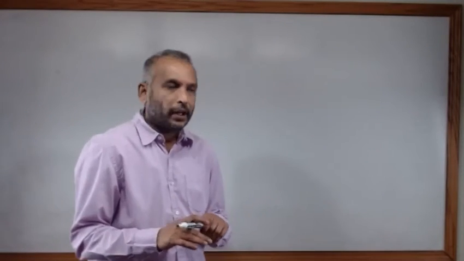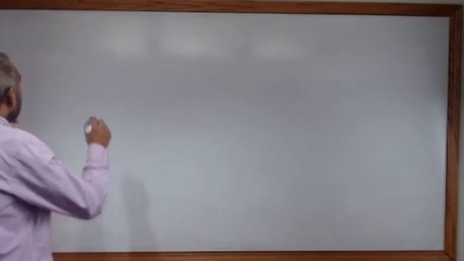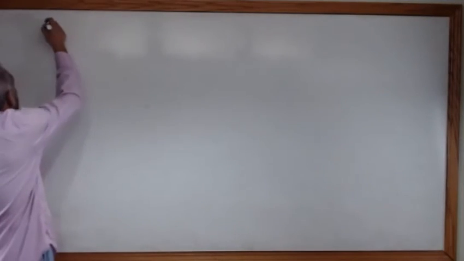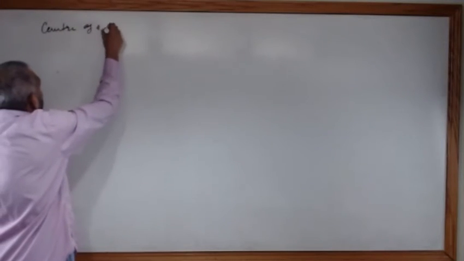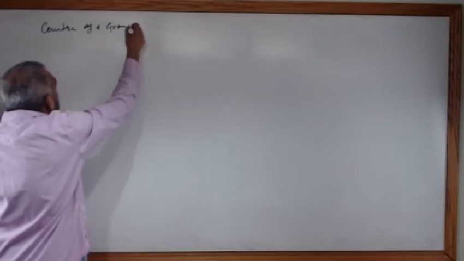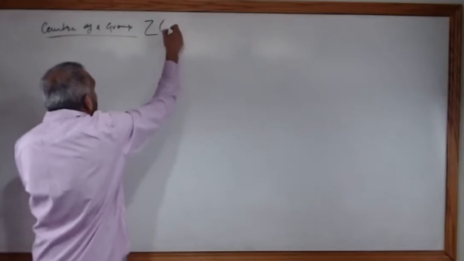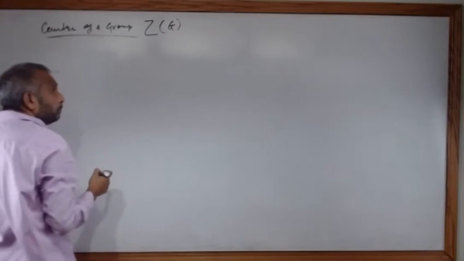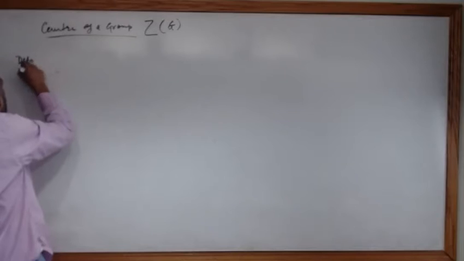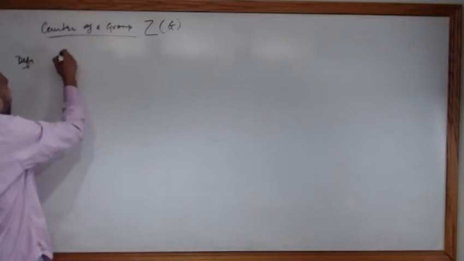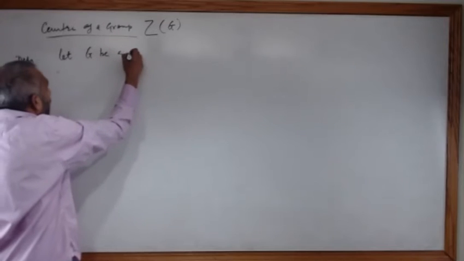So the first one is the center of a group, normally denoted as Z of G. So the definition goes like this. Let G be a group